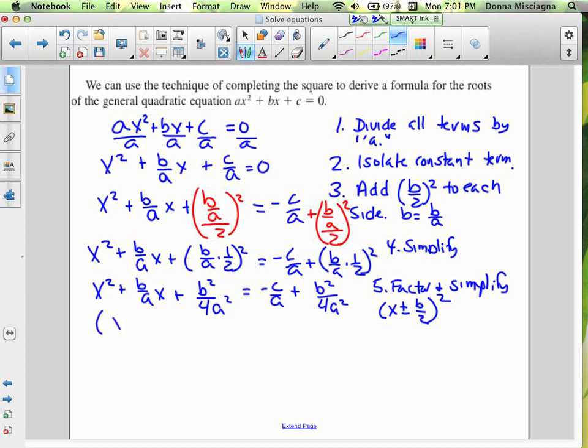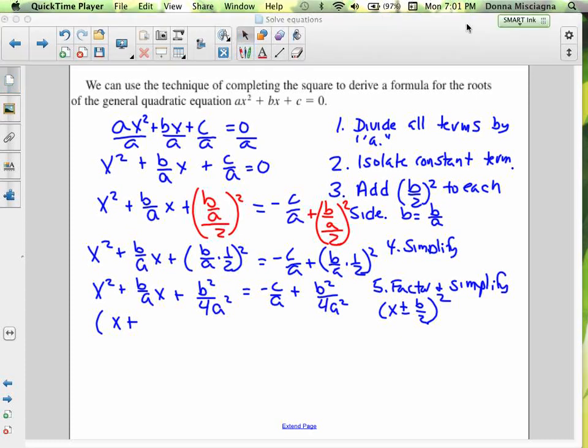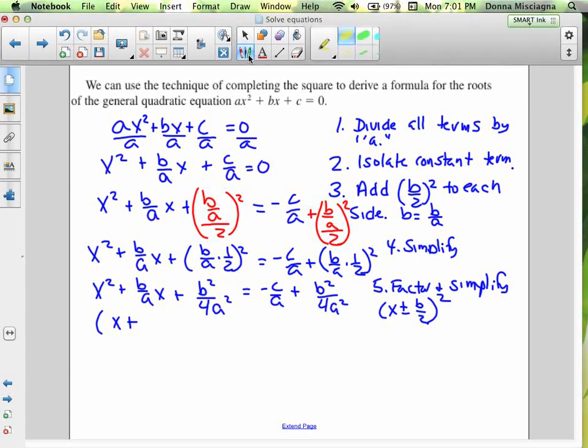So that's going to be x plus, well, half of b is just going to be, I'm going to grab a highlighter. Oh, I have a box. It's blocking my highlighter. There we go. All right, so half of b is just,